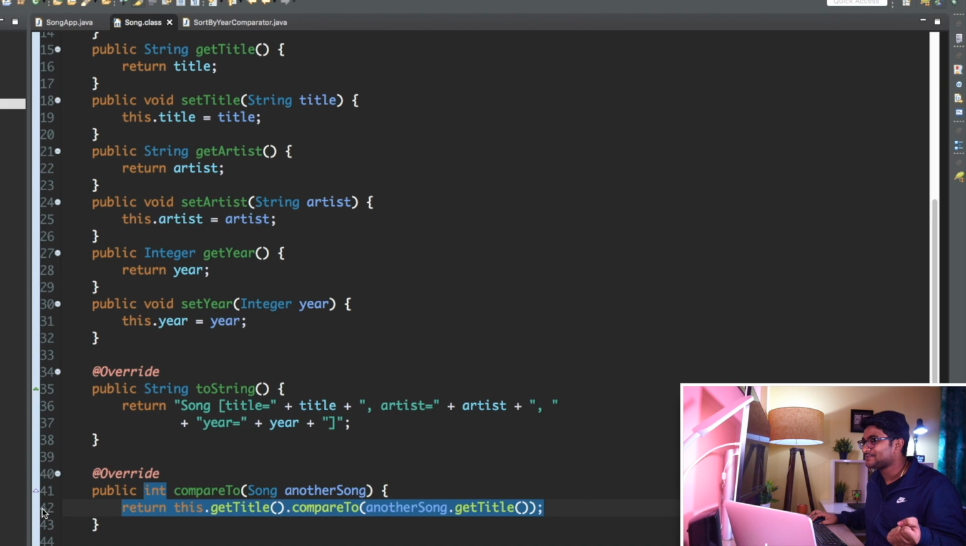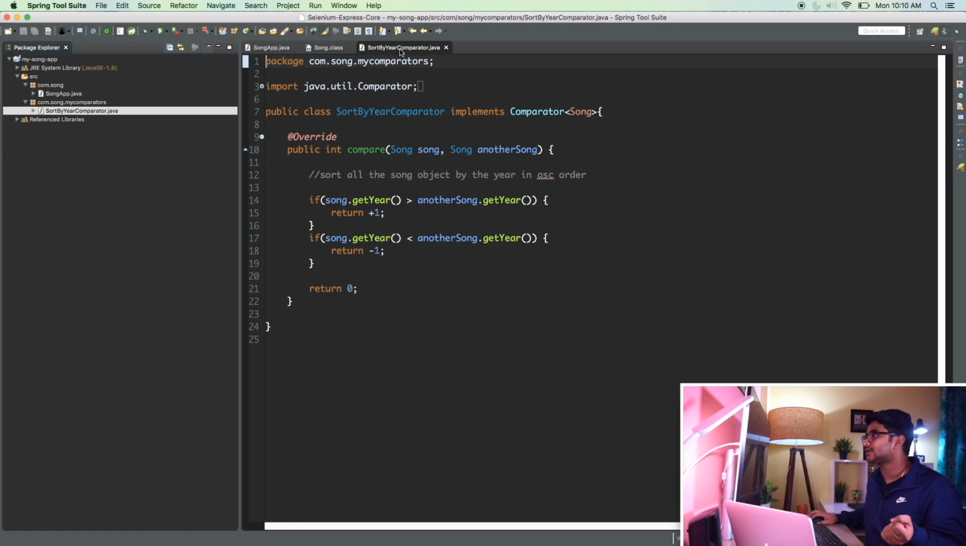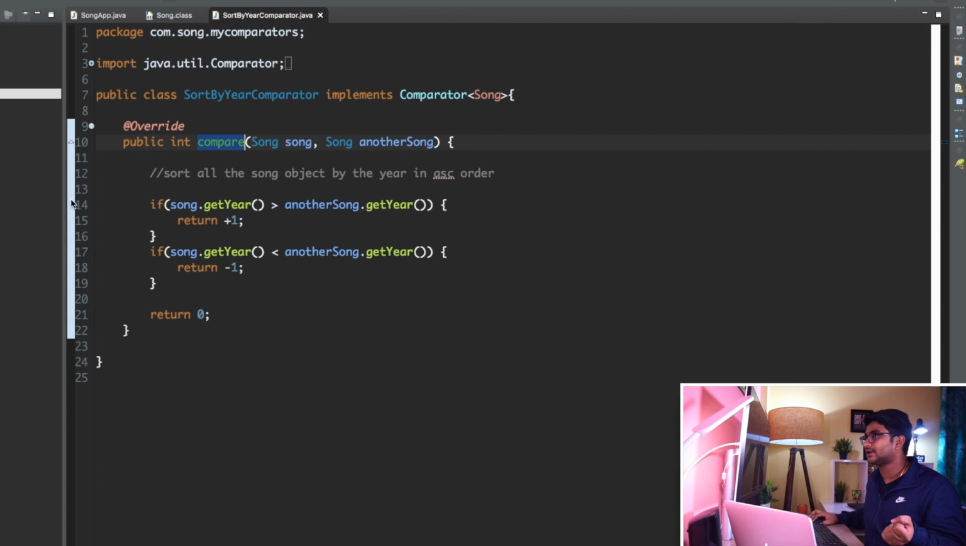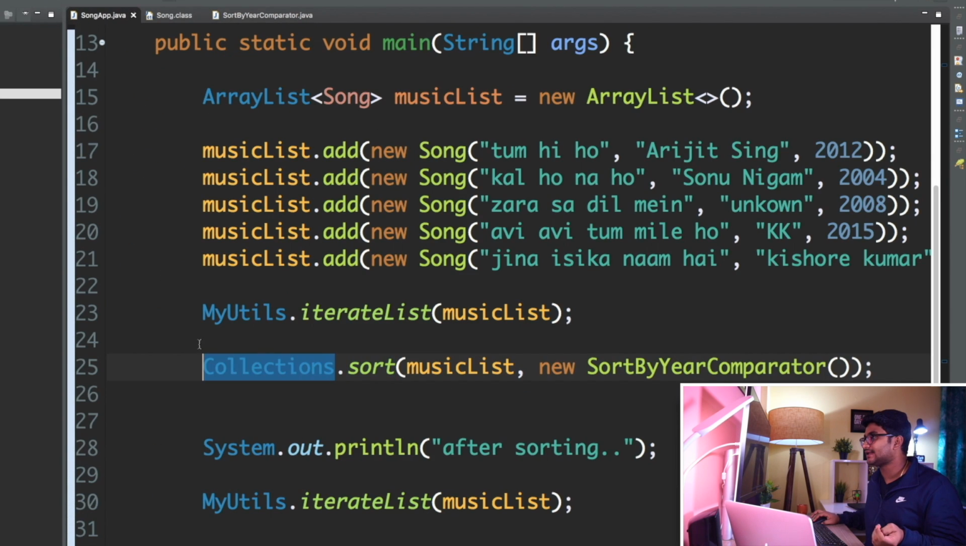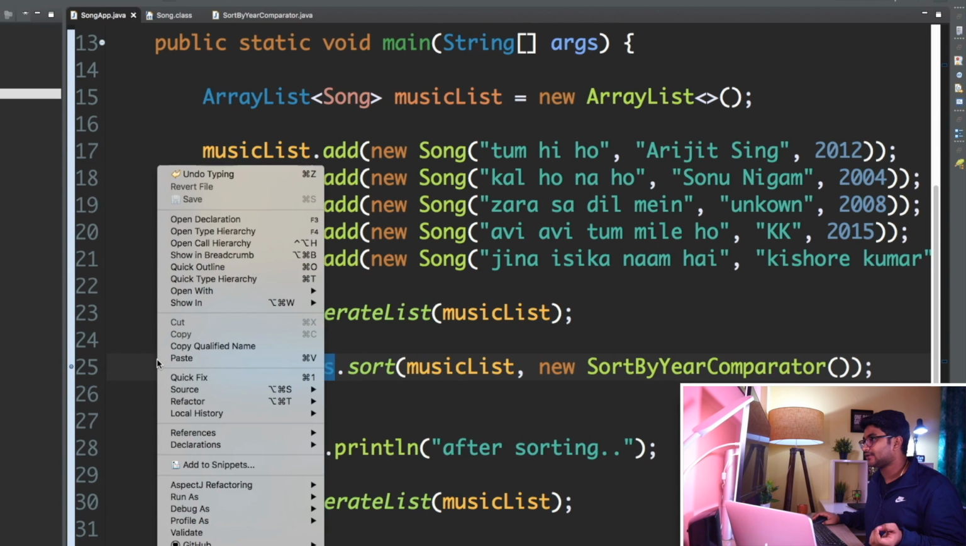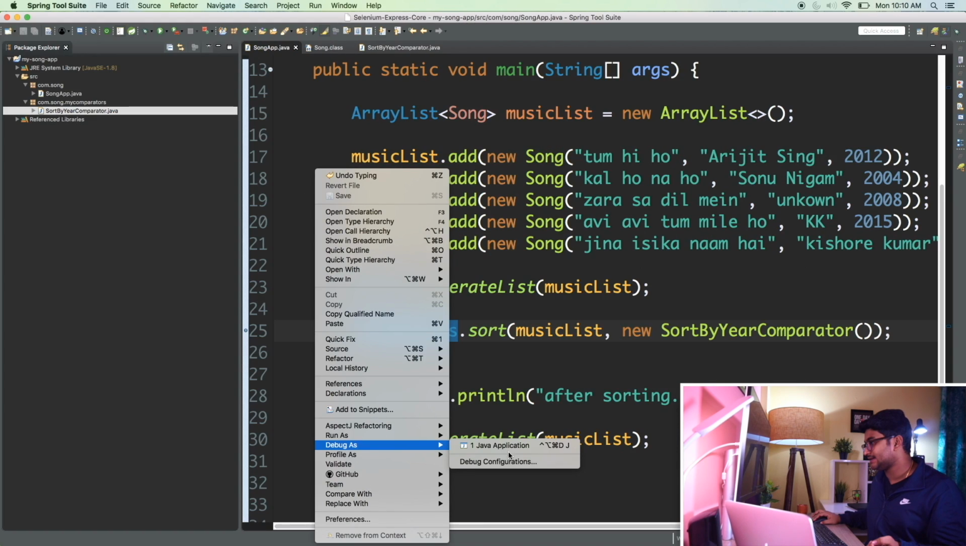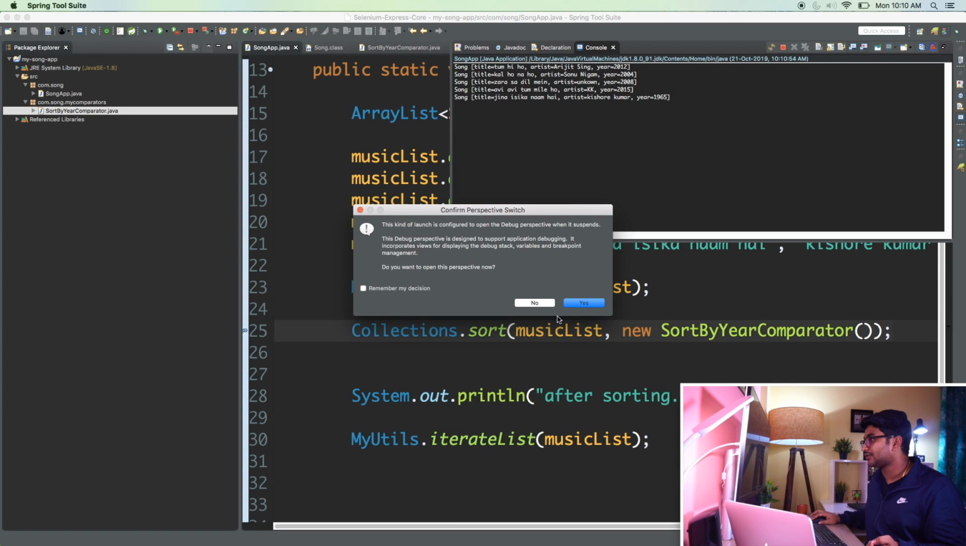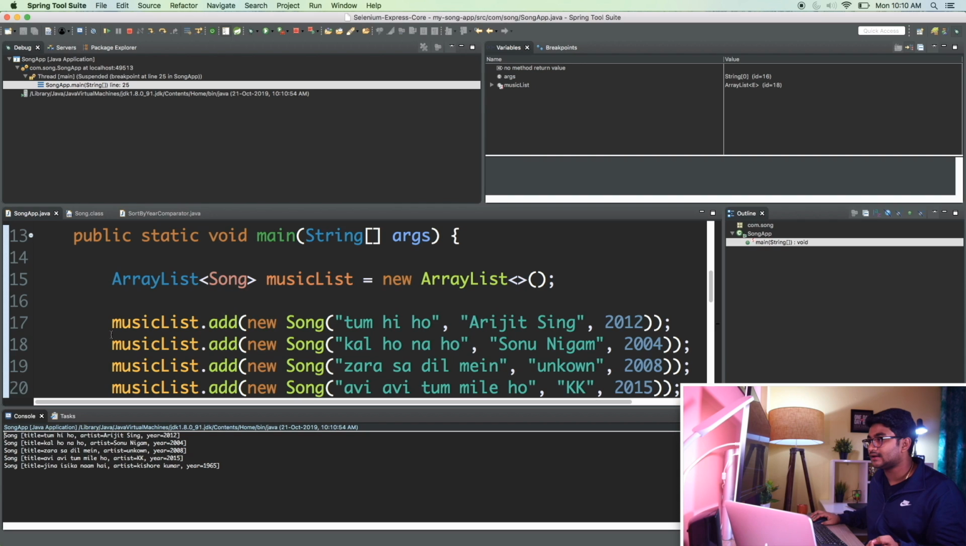What I can do here, you can put a breakpoint here, and you can go to the sort by year comparator where you have the compare method. Here also you can put a breakpoint in a line number, let's say 14, or in line number 10 also you can put a breakpoint. Now you can go to song app, and here you are doing the sorting. Line number 25, you can put a breakpoint here, and you can right click, go to debug as, and debug as Java application. Right now your program will break here in line number